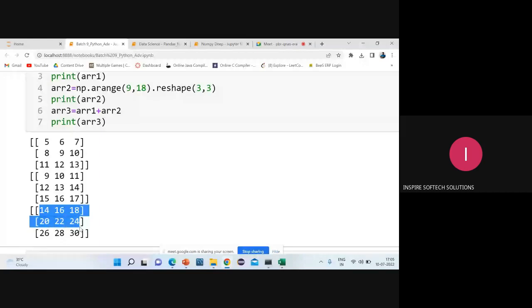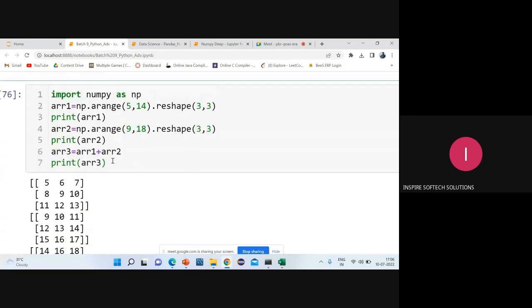Hope you know the addition by using the two ways. Same thing that we drew there. So first 5, next here 9. So 5 and 9 will give you the answer 14. Same thing for the last one: 13 plus 17, your answer is going to be 30. So did I use any for loop for printing or for adding? Did I use any for loop? Nothing like that. So this is how you have to go with the values.